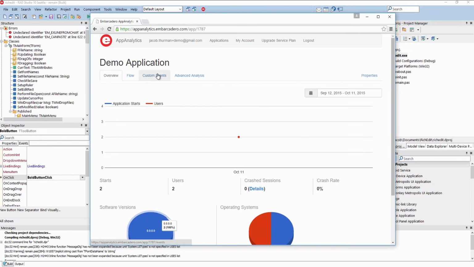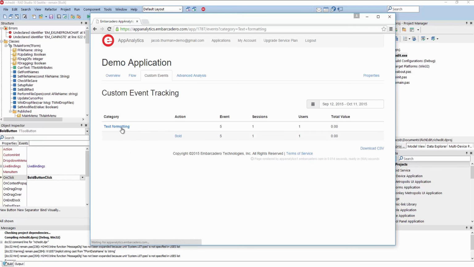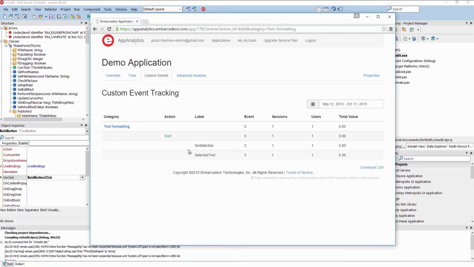Next, here on the Custom Events tab, we can see right away there have been a few text formatting events. We can click on this to drill down and see that 5 of those events were bold text formatting. We can drill down even further and see that 2 of those events were bold formatting with no selection, but 3 were formatting with a selection. So we can see that we used the bold feature 5 times, 3 times with selected text, and 2 times